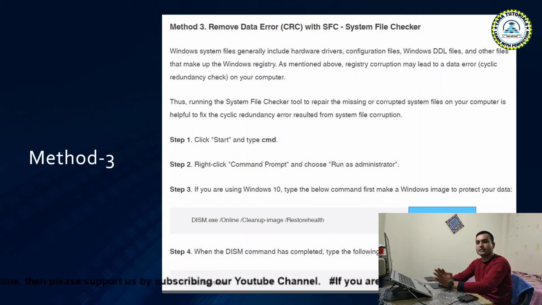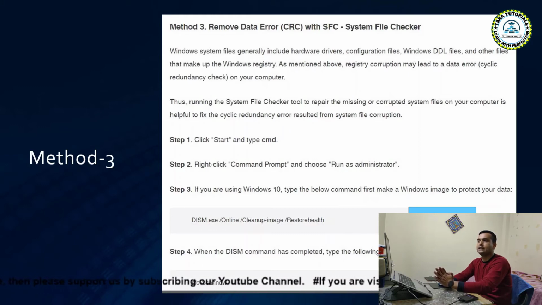So if there is some problem in your computer registry, that may also cause a disk to stop operation and give you the data error or CRC error. So the registry corruption may lead to CRC, as I said.